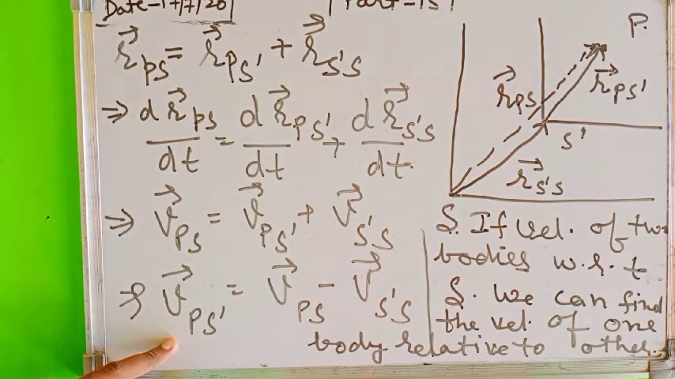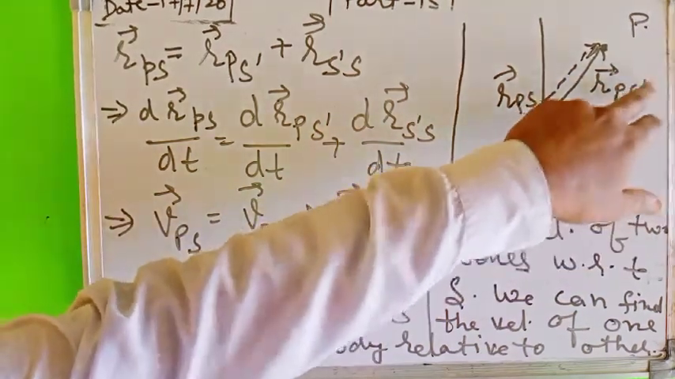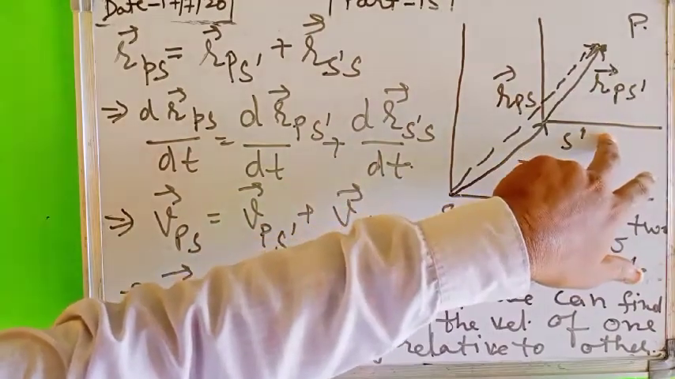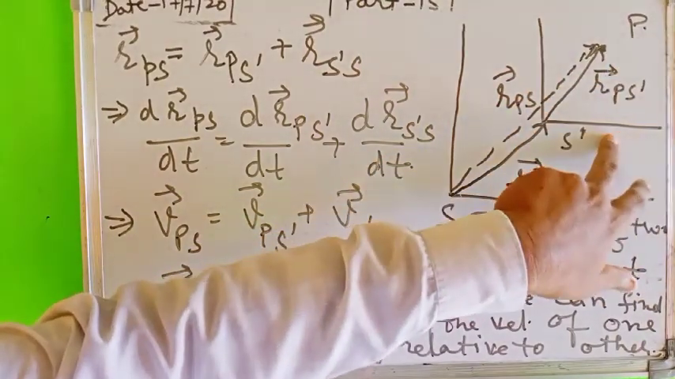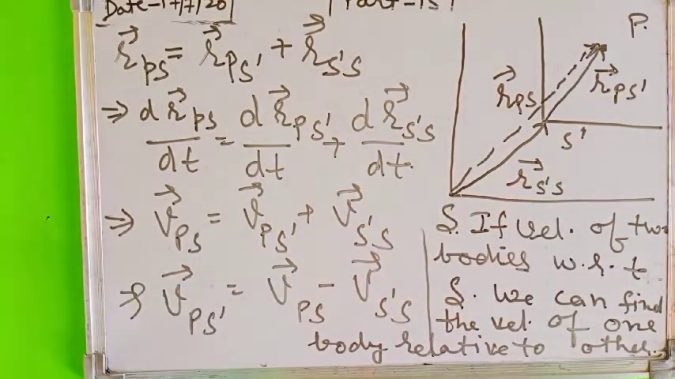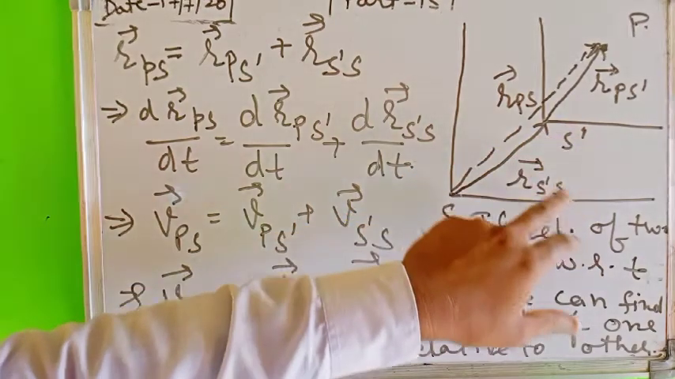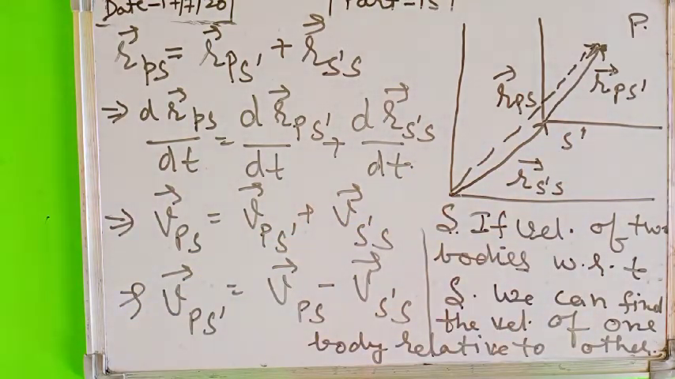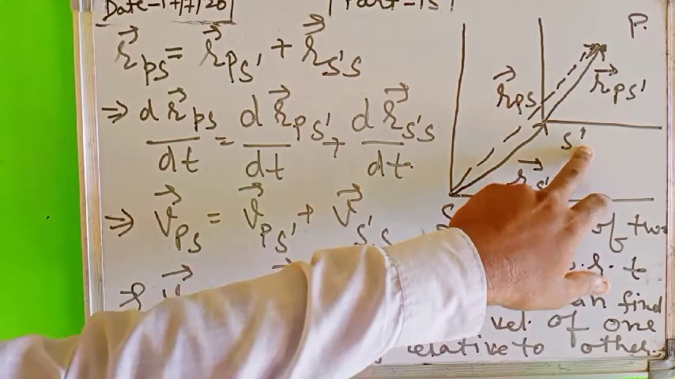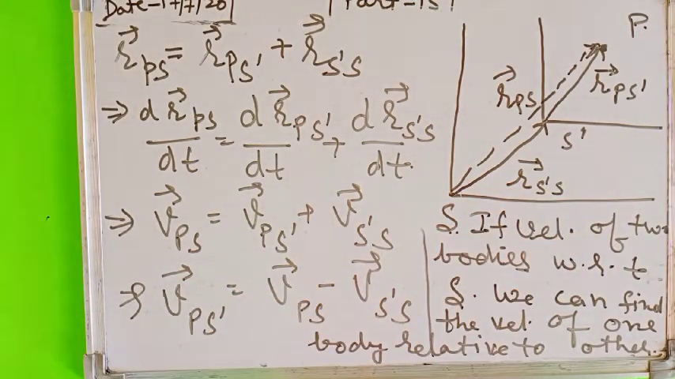Means you can find the velocity of point P relative to S dash. Both velocity of point P and velocity of frame S dash. The velocity of point P with respect to this frame can be calculated with the velocity of particle P with respect to frame S minus velocity of frame S dash with respect to S. So the difference of these two gives the velocity of particle P with respect to frame S dash. So this is the clear derivation. So from here we can write that